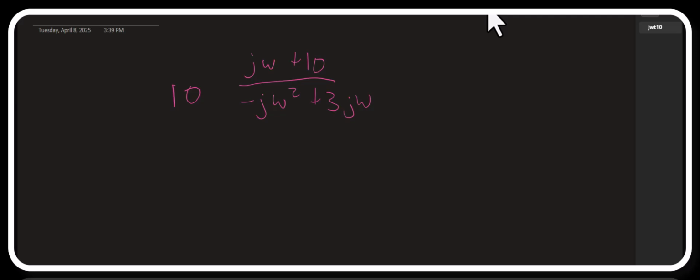So the first thing we have to do is get this in the right form and then try to figure out what are the various parts of it. So we want all of our factors to start with 1 plus. And so I need to factor a 10 out of the numerator. And when I do that, I get 1 plus j omega over 10, and I still have this other 10 out in front. And then in the denominator, I will factor out a j omega,